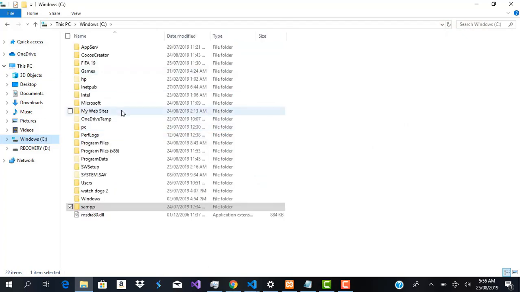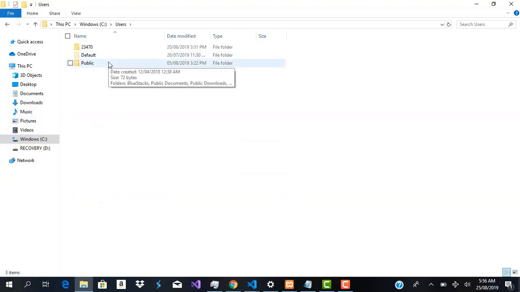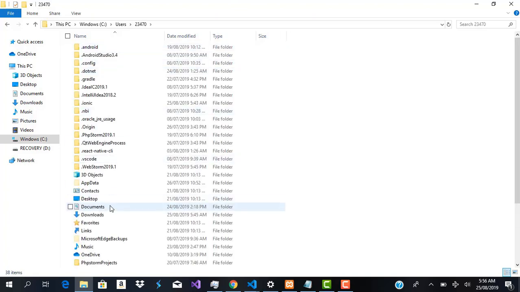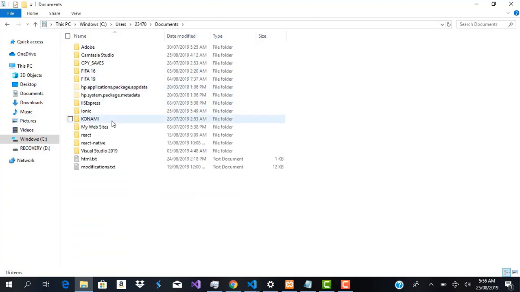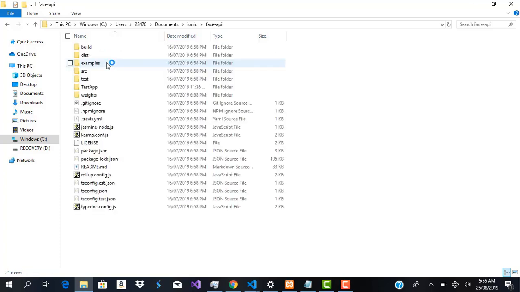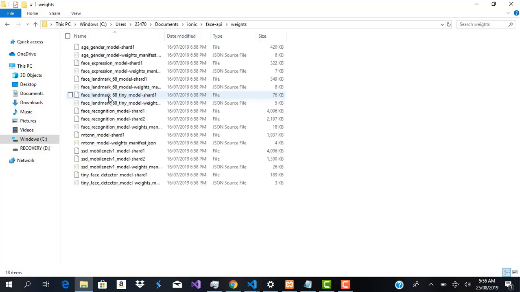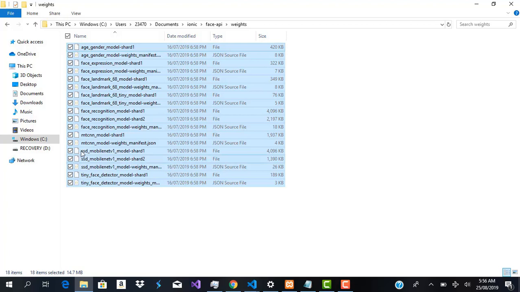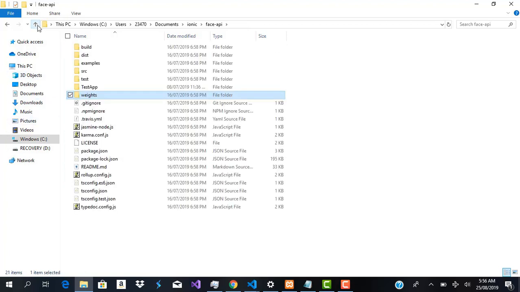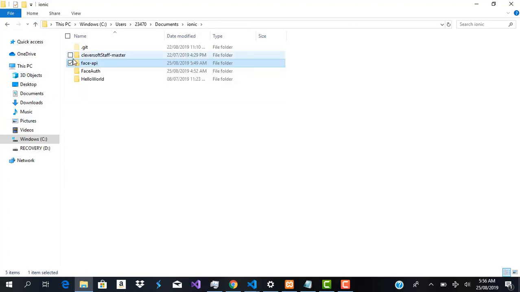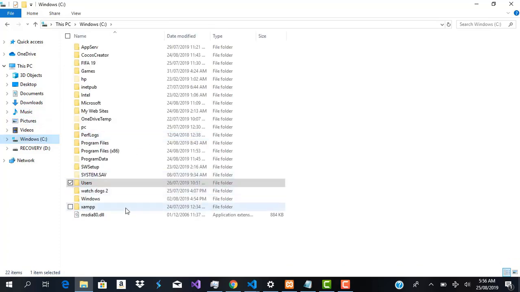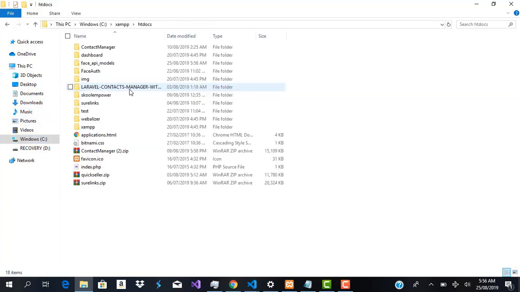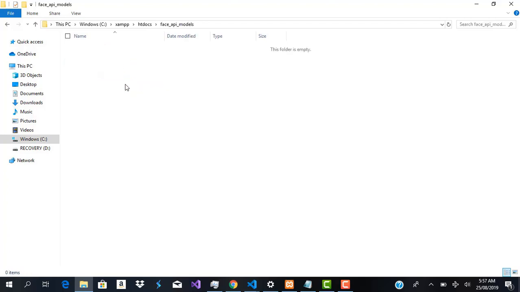Now that we have this, we'll go back to our C drive, go into docu, go straight up into users, and go into documents, exactly where our face API is within Ionic, and we want to copy all the weights. So these are all the models, so we just copy all the models,